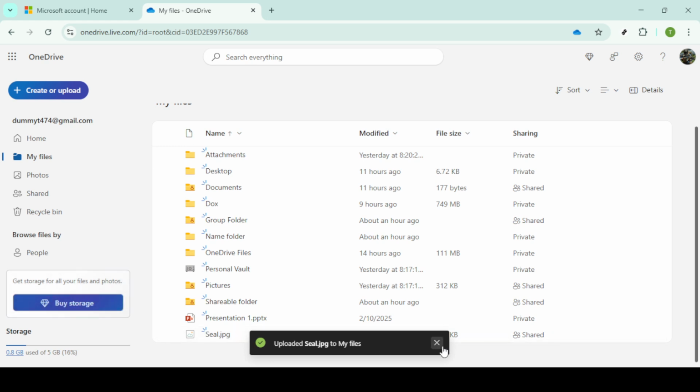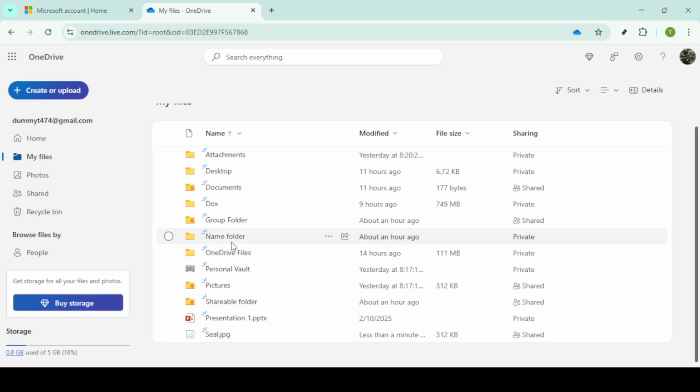And that's it. You've successfully copied your files to OneDrive within Microsoft 365 for Business. Now your files are safely stored in the cloud and you can access them anytime from any device with an internet connection. Happy organizing, and see you in the